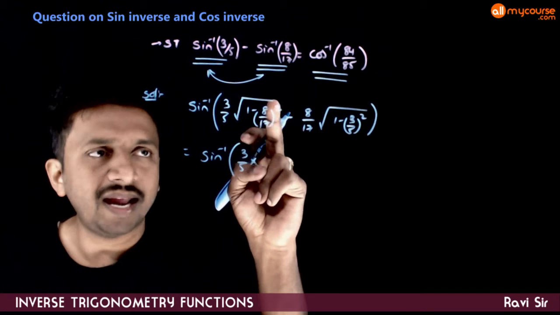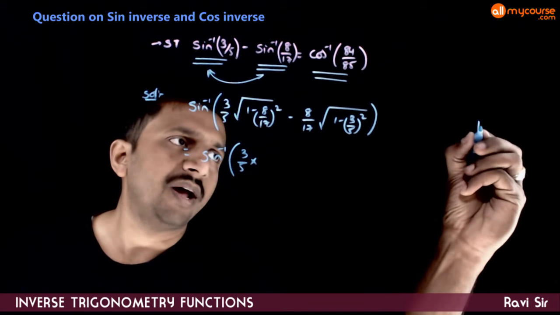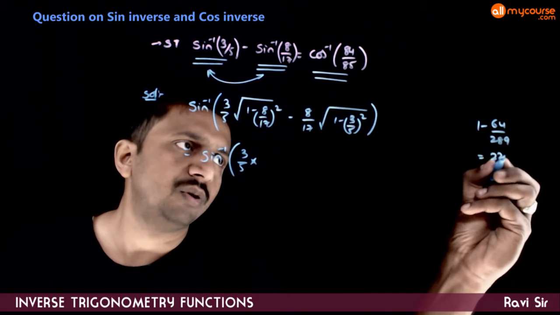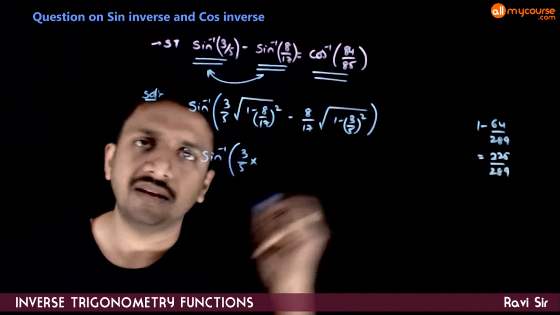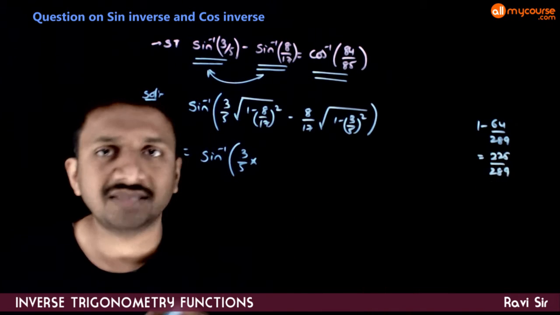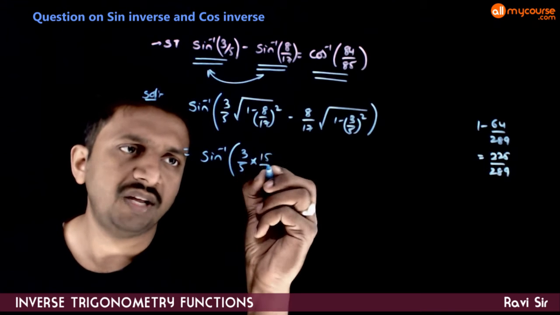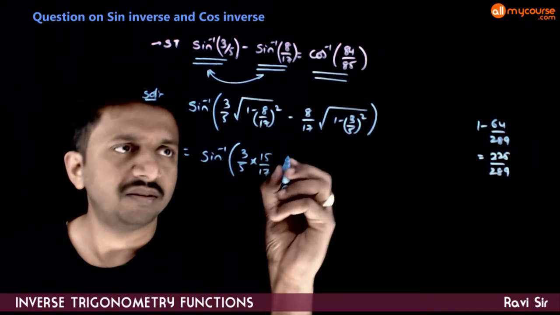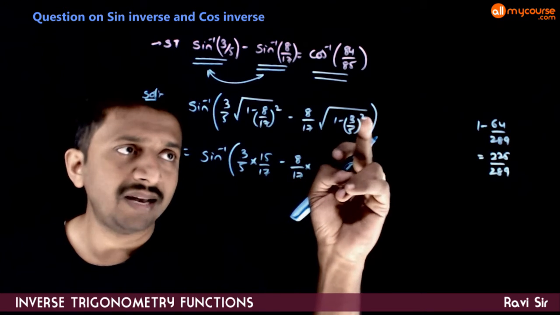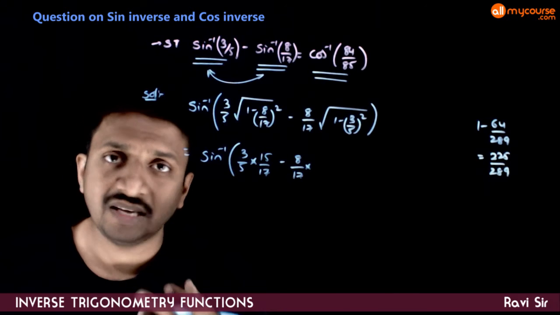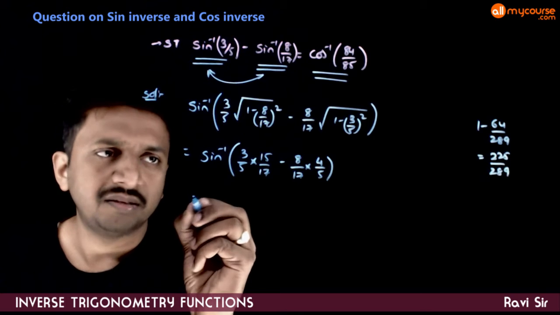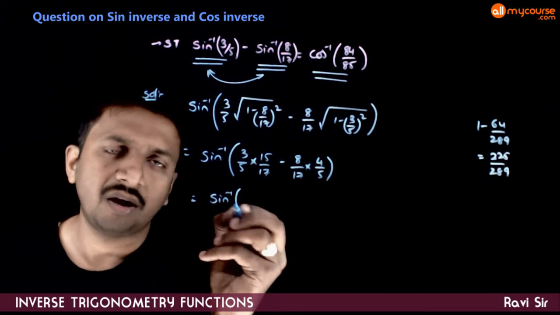So what is 8 by 17? 1 minus 64 by 289. That is equal to 225 by 289. So if you do the square root of this, you get 15 by 17. So this is 15 by 17 minus 8 by 17 times root of 1 minus 9 by 25, which is 16 by 25, so 4 by 5. That is equal to sine inverse of